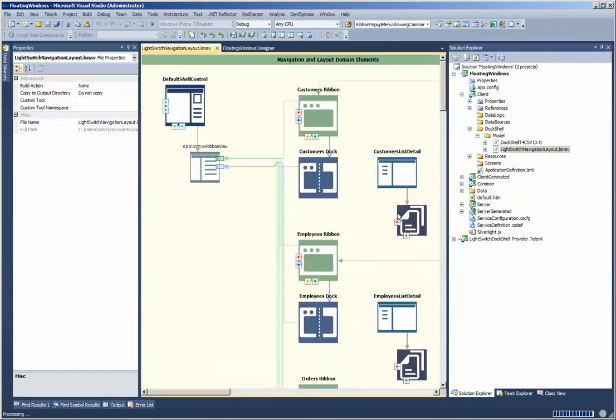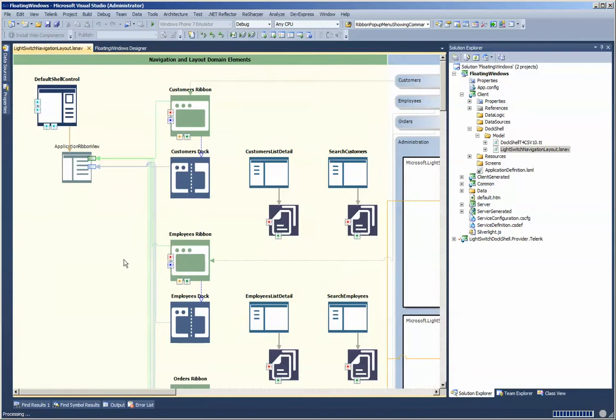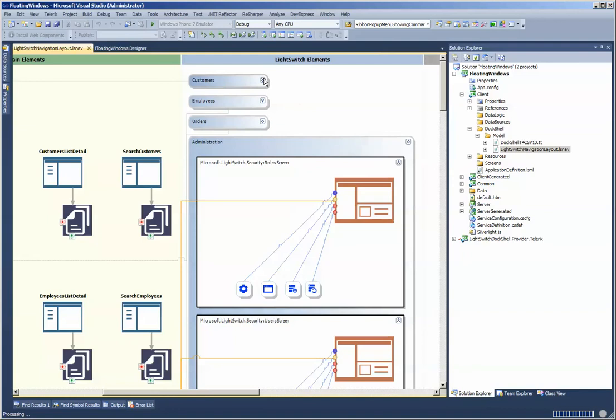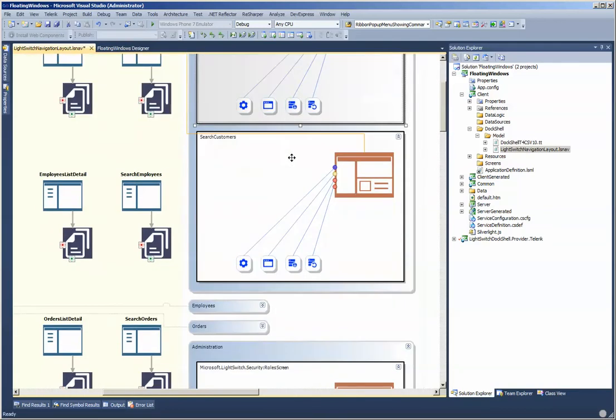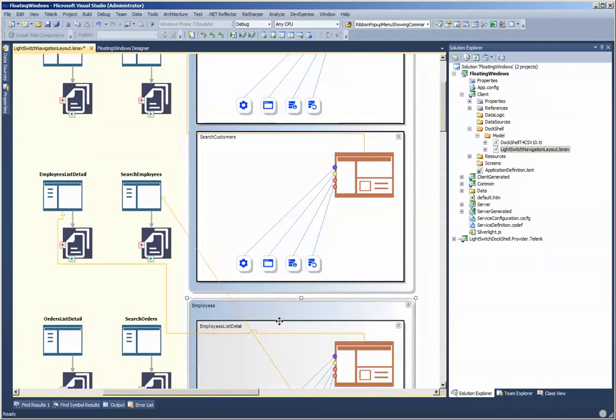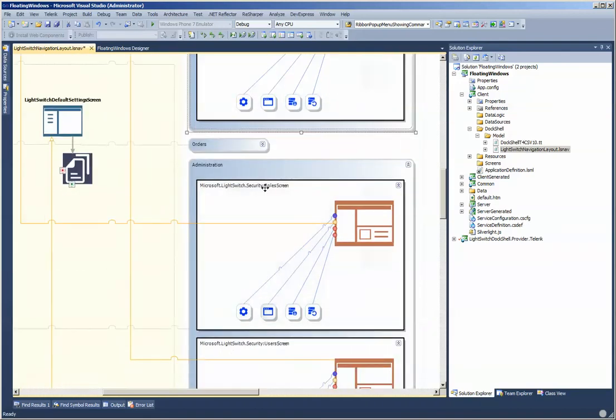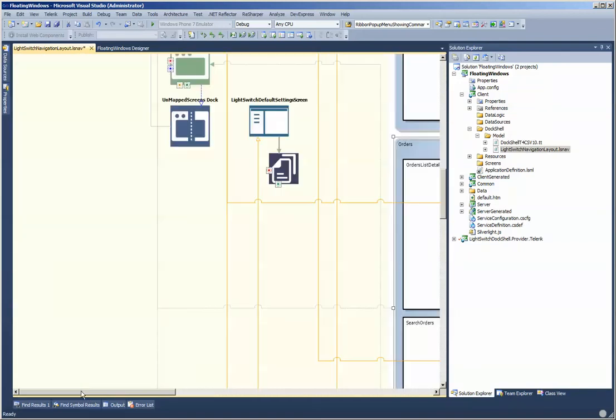And if you're not familiar with DockShell models and so forth, I highly recommend that you watch the introductory videos associated to that. As you can see here, we have a very similar setup as we were looking at earlier. So we have the customers, we have the employees, and the various screens that are associated to that, and we have the orders themselves. And so if I run this application, which I'll do right now,